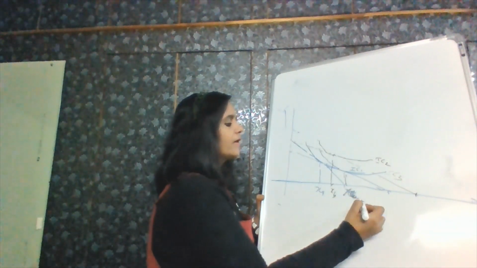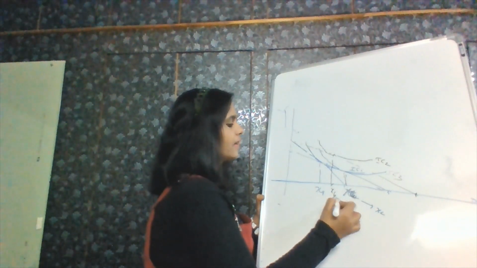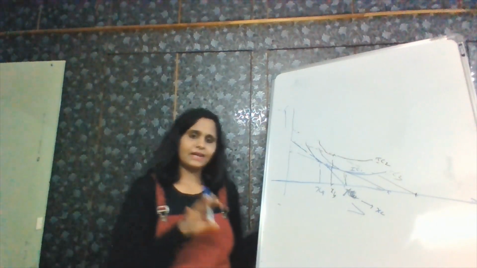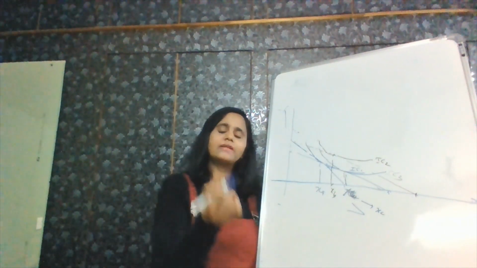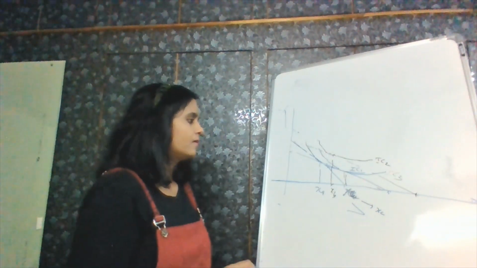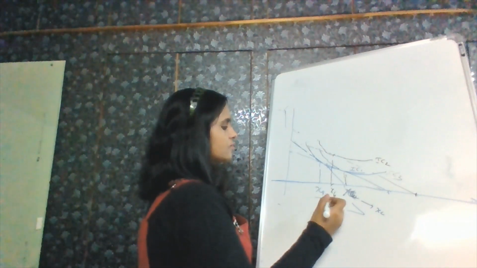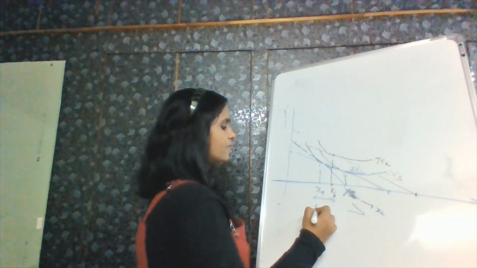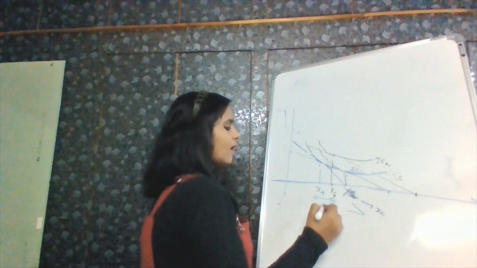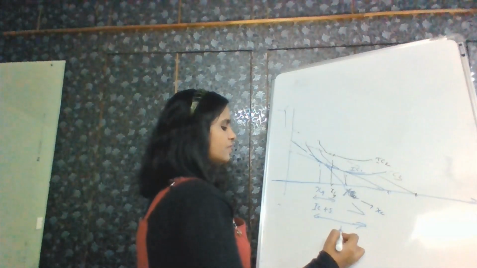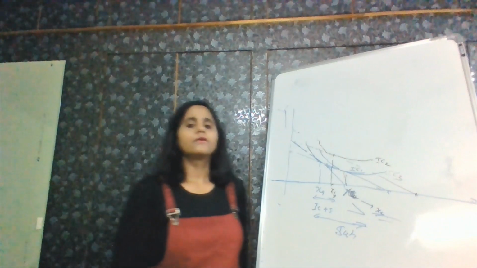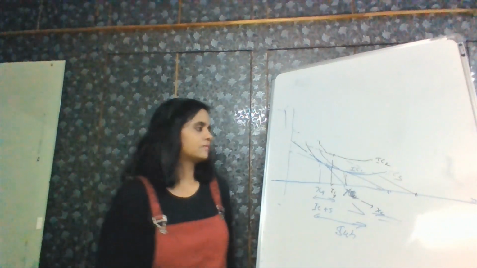So the new quantity XC is always greater than the earlier quantity. Your new IC always lies above your earlier IC in the Slutsky approach if the price is decreasing. Earlier you had the income effect plus the substitution effect. After removing the income effect, only the substitution effect is there. This is how you get the new quantity XC, after doing the Slutsky adjustment to your income.